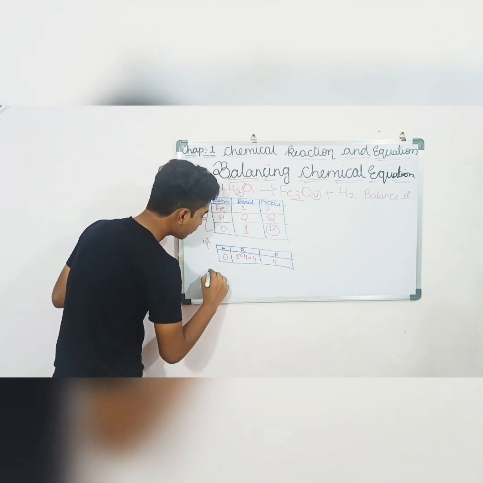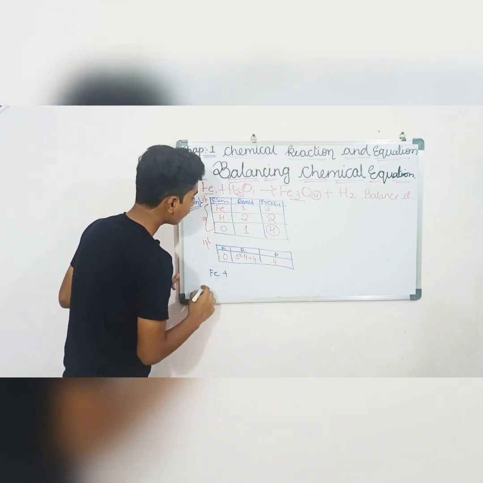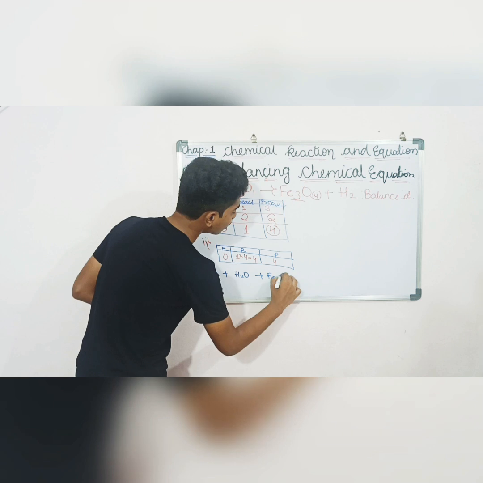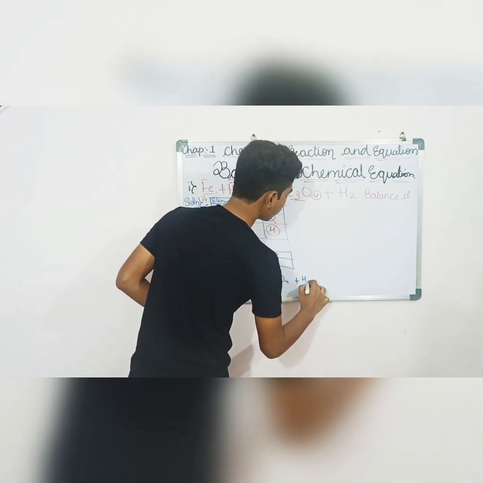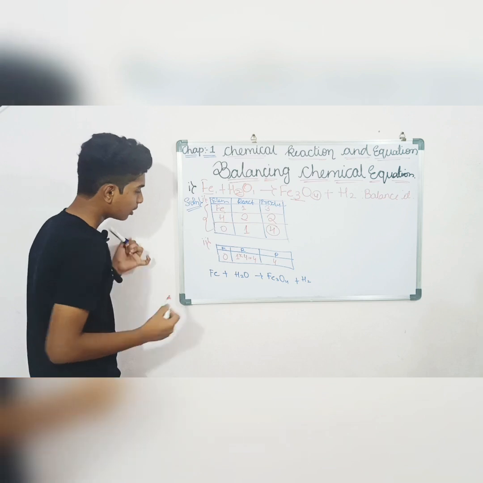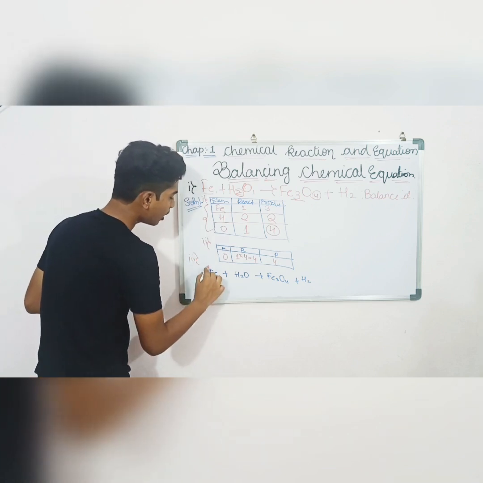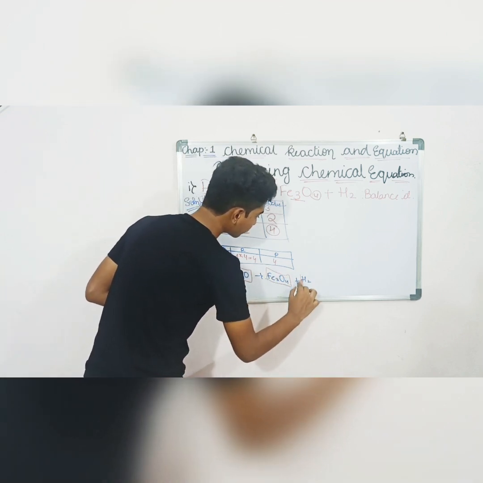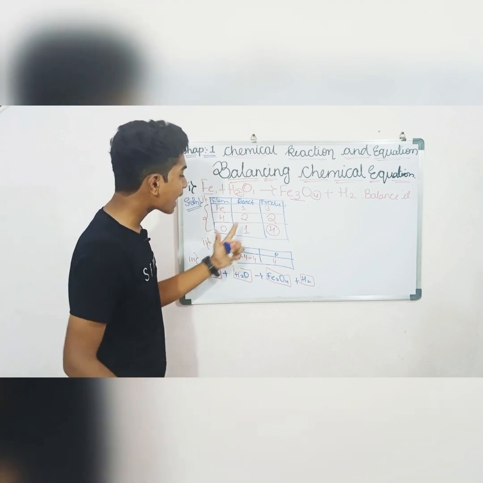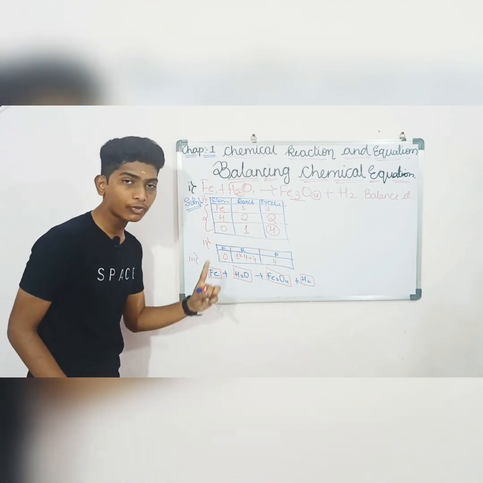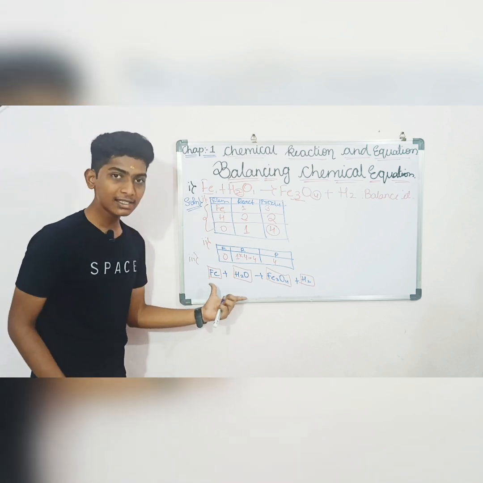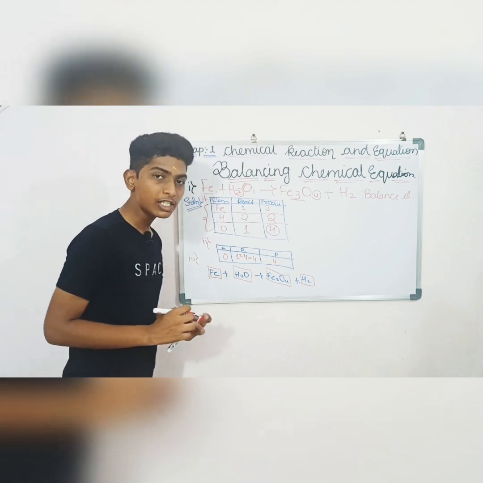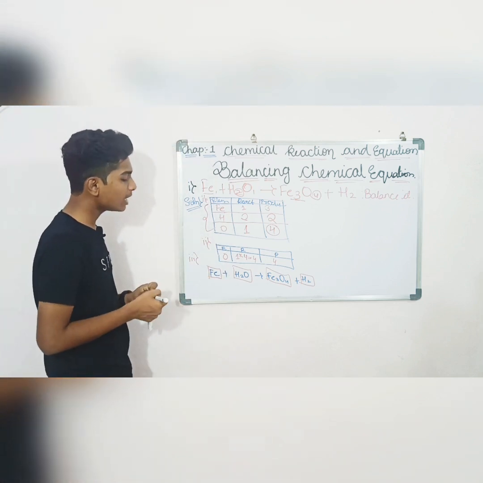See, first write down all the given elements, the chemical reaction. Fe plus H2O gives Fe3O4 plus H2. This is the third step. Now draw the boxes surrounding these given elements. Whatever number you multiply on the reactant or product side, it should be written outside these boxes. Then only this is the correct way of balancing the chemical equation. Whatever number you multiply, you need to write down outside these boxes. This is the correct way of writing the chemical equation.